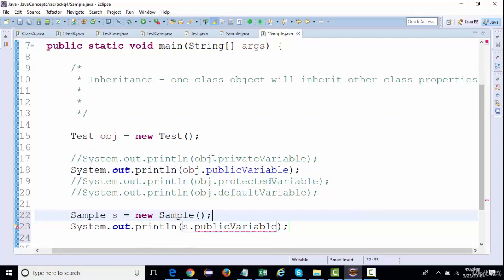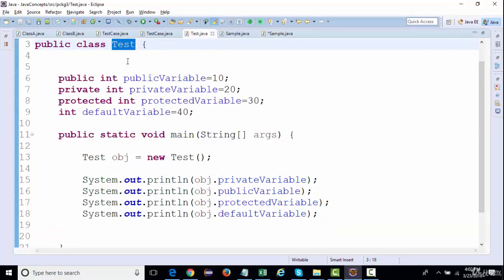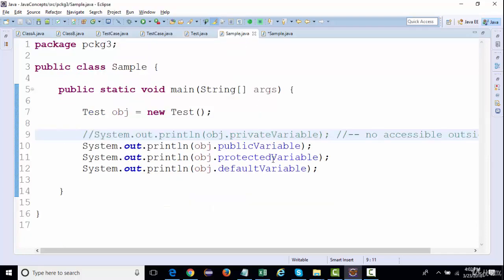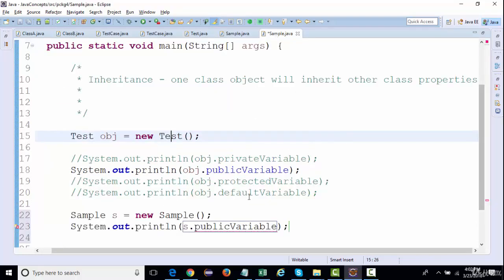Why? Because this is actually defined inside the Test class. So we cannot access the data members of the Test class in another class by creating an object of that class. This is not possible in this way.